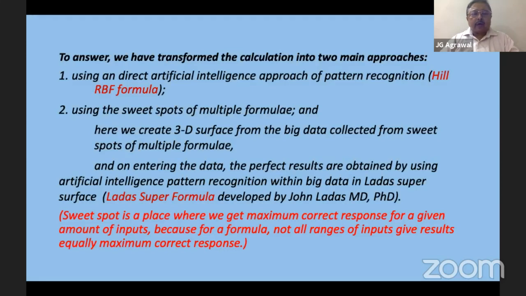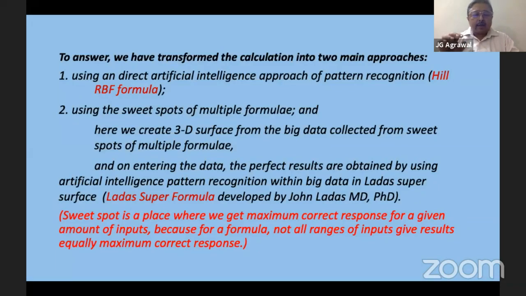To answer, we have to transform the calculation into two main approaches: using the direct artificial intelligence approach for pattern recognition, as used in the Hill RBF formula, and using the swept source multiple formula, where we create the 3D surface from the big data collected from the sweet spots of multiple formulas. Sweet spots are the places where we get the maximum correct responses for a given amount of inputs, because for a formula, not all ranges of input give equally maximum correct responses.